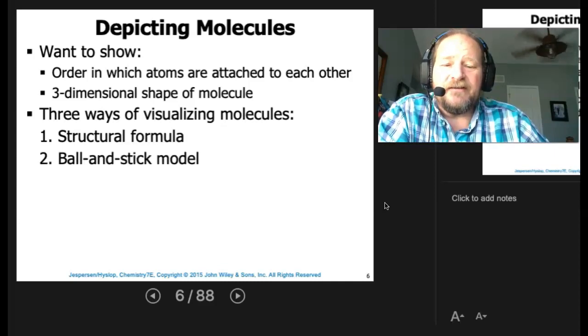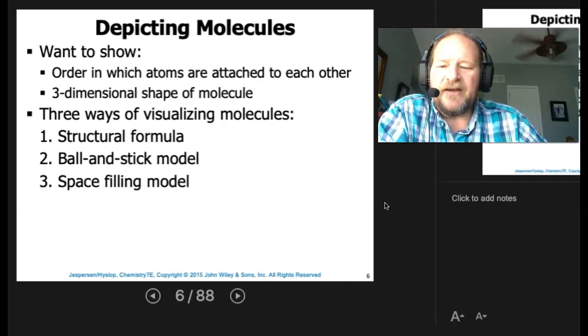You can actually, and I'll see if I can remember to do this, post a website called JMOL. It's a capital J and then MOL. Just in case I forget to post it, you can always go check it out. It will allow you to put in formulas and go through these 3 types of visualizations on the computer, so you won't have to actually purchase a kit. It'll give you the structural formula, it'll show you the ball and stick, and then it'll fill it in